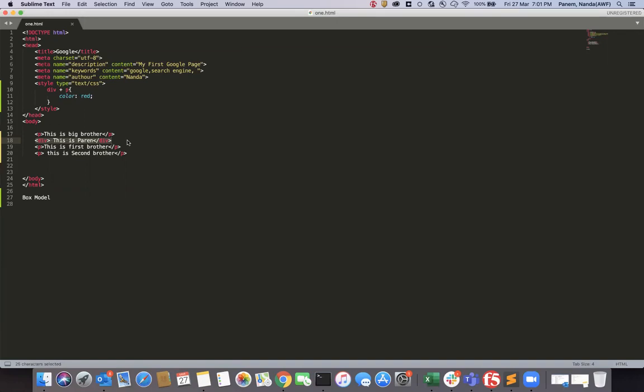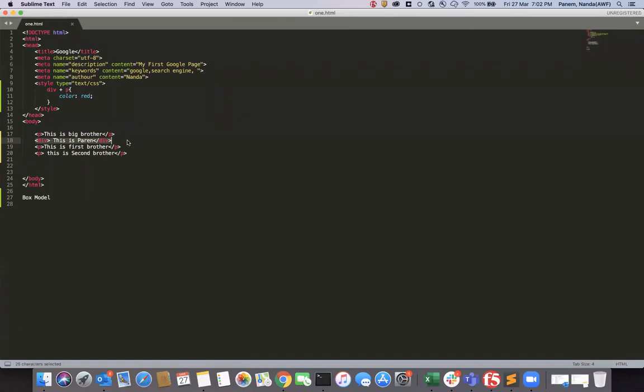What we have covered as part of this class: we have seen inline styling, in-page styling, and then the box model. Then we have seen pseudo classes using the anchor tag, and then CSS combinations.